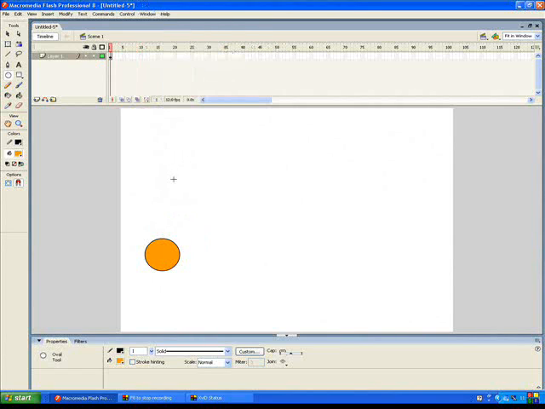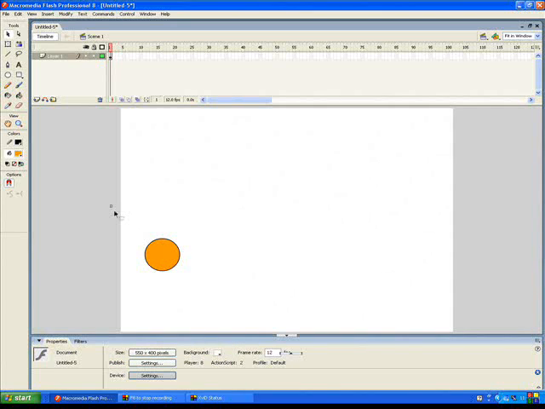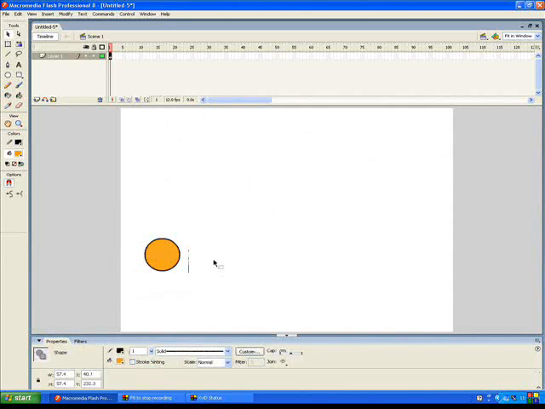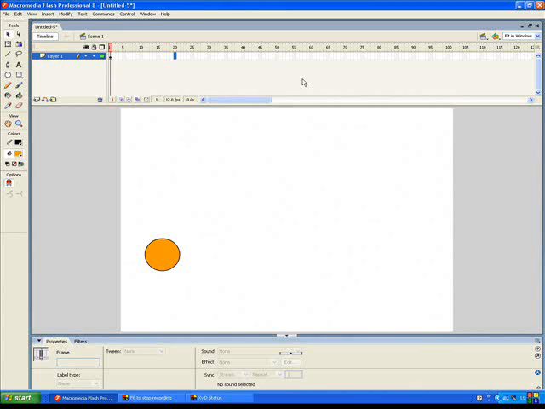Now just choose the selection tool here, select your shape, and then here in the timeline, up here with the frames, you see that you only have one frame here. If you press on frame number 20 here, and then press F6 on your keyboard, F6, and then you just